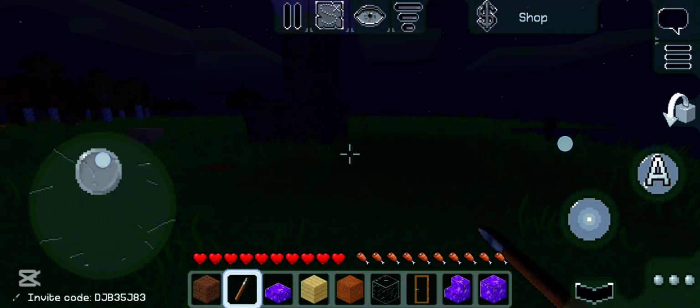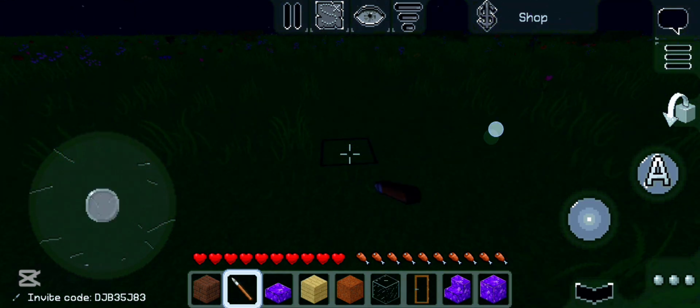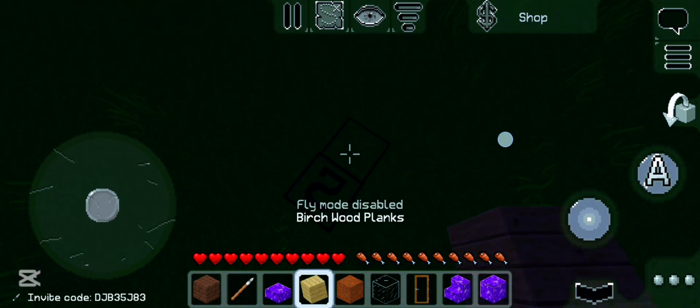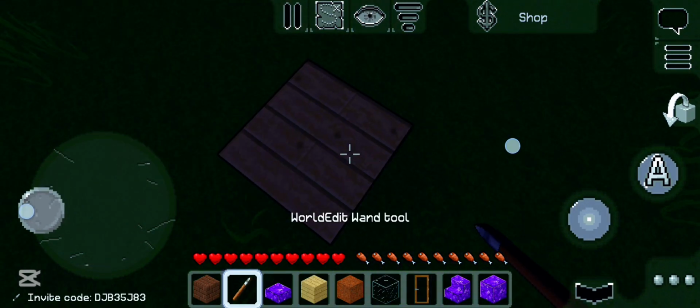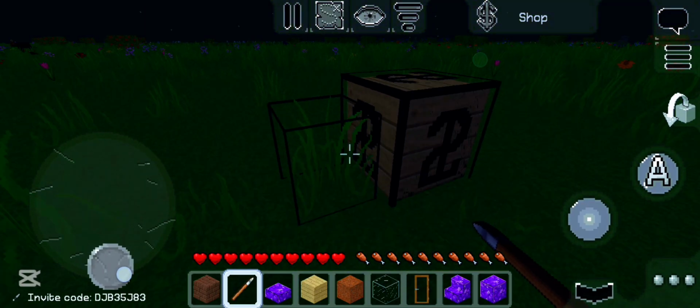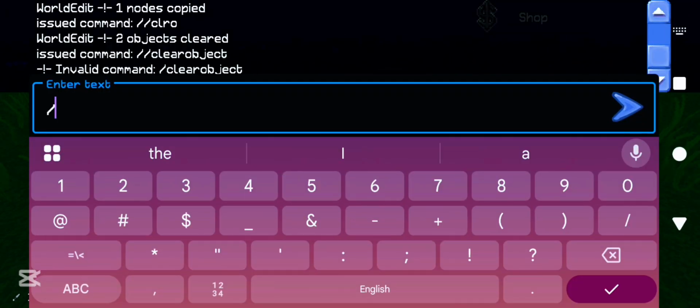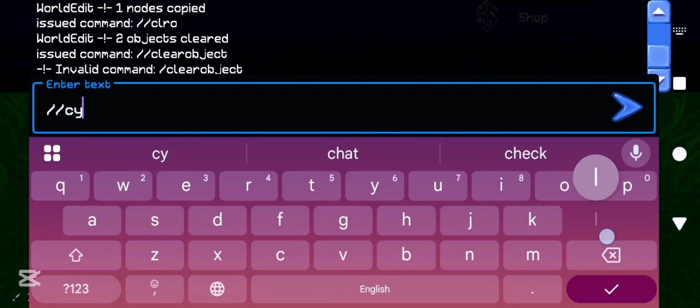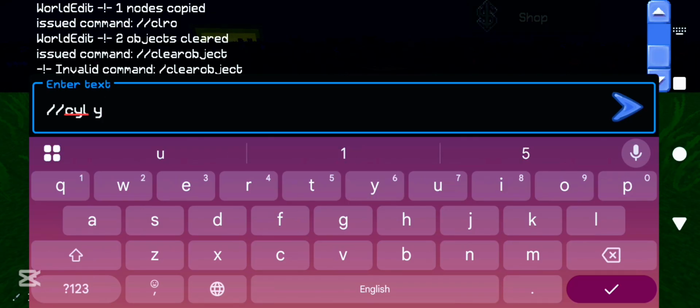So for example, if I do this, wait, the cylinder command is very tricky, honestly. I have made a building using this command, cylinder. Then you're gonna need radius. Radius, I'm pretty sure you guys learn what a radius is in maths in school,